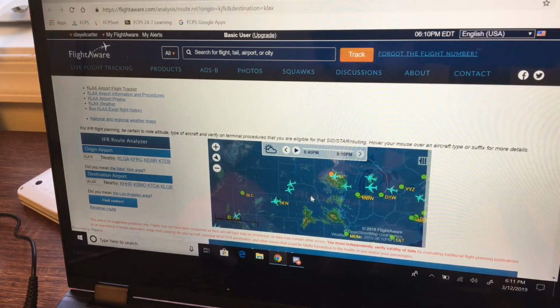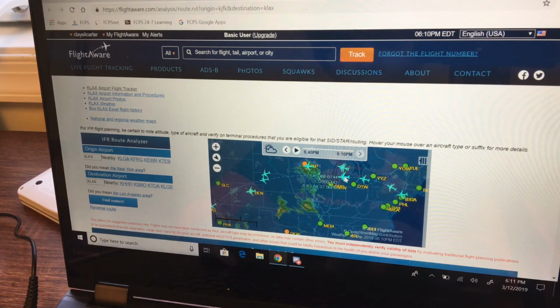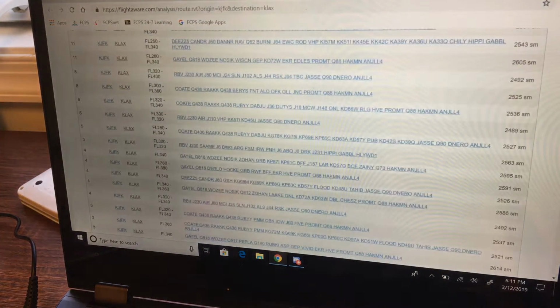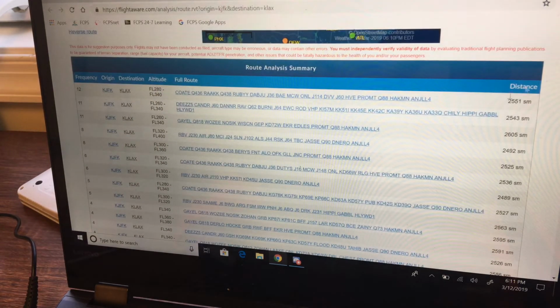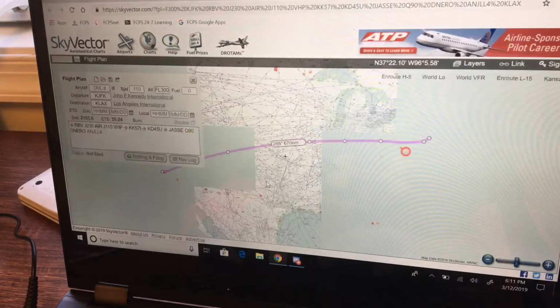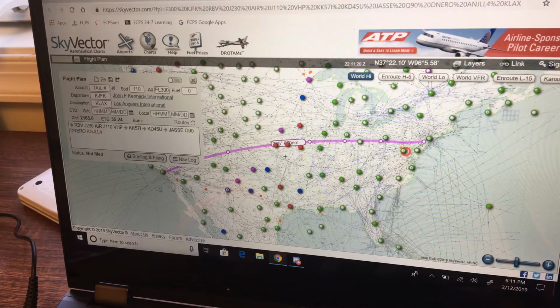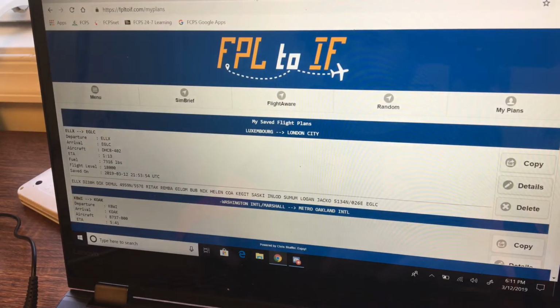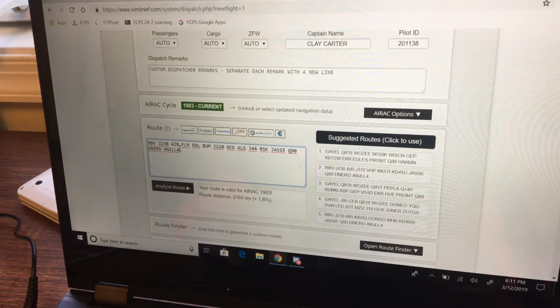So you can see that there already are many aircraft in the air that are actually flying that. There's the Kalita. So here you can see all of the flights, and this is the one that we're doing right here. Actually, it isn't, but it's very similar. So you can go ahead and X out of those, and then